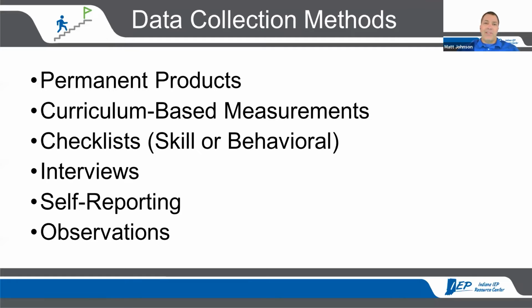So as we're moving through this, some data collection methods: there's a checklist, there's permanent products, curriculum-based measurements like correct words per minute sometimes, correct digits, and writing. There's different methods for writing as well. There's resources in that Padlet for Intervention Central, which has some great examples and some built-in professional development around these different tools. So that would be a place to look into. Interviews, like I mentioned, self-reporting can be an option for students, and then those observation pieces.